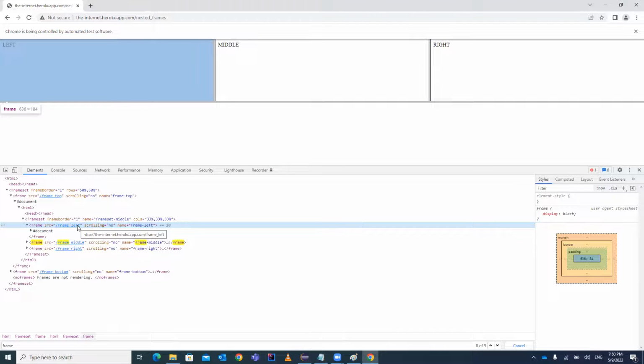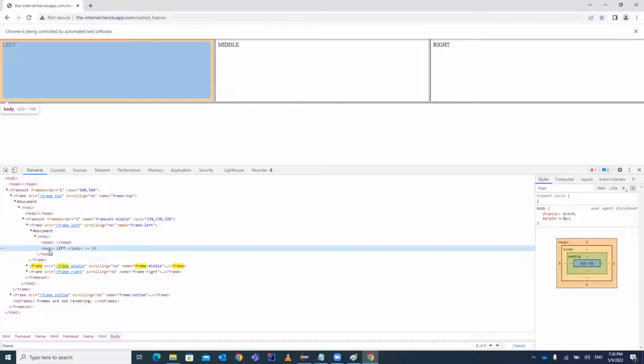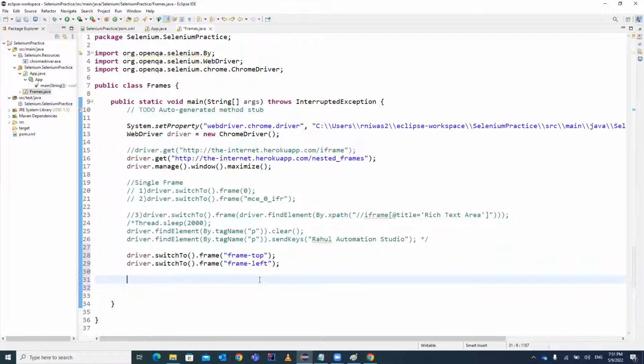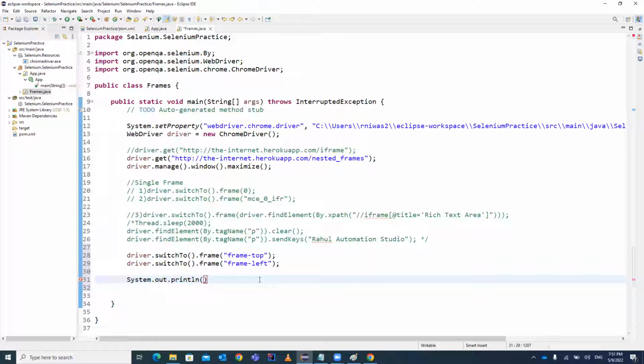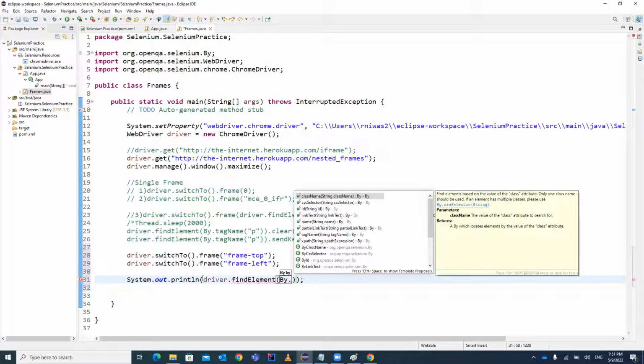So here, what we can do? It has one title, that is left. We will try to fetch the element and see whether it is properly switched to this particular frame or not. We will have one body, so we can get the text from the body and see what value comes for it. We will print it using System.out.println. In this println, we will write driver.findElement by